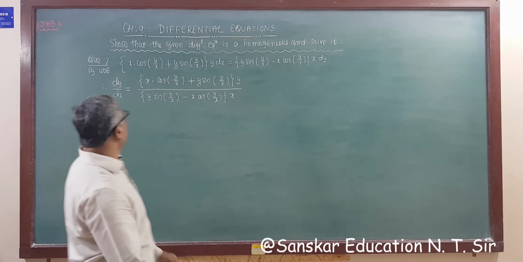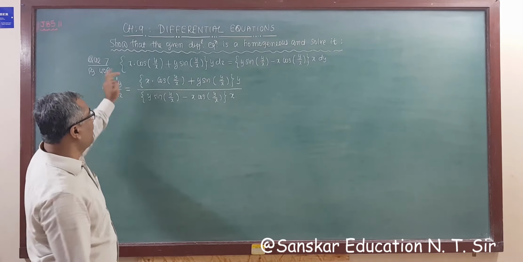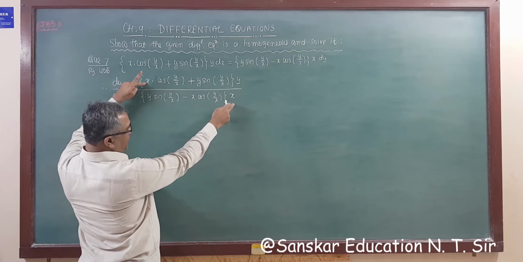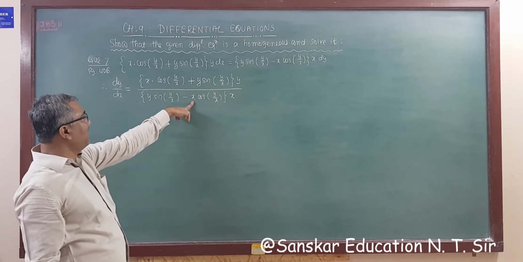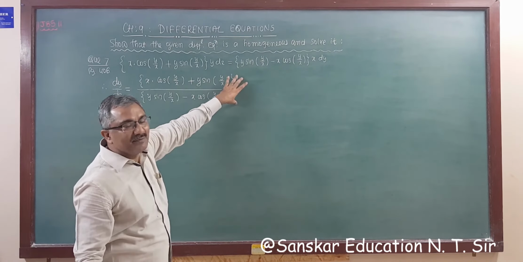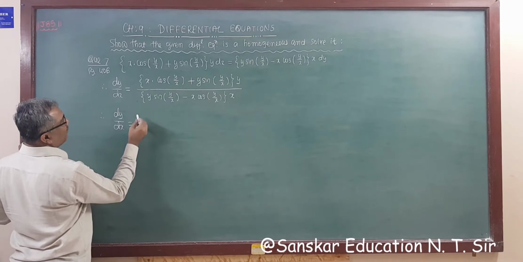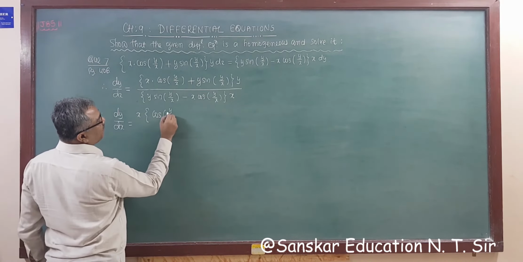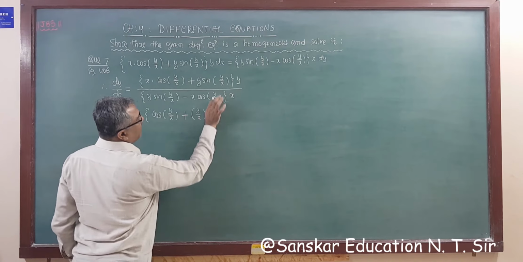Now what will we do? Nothing much. Taking x common from the numerator and y common from the denominator. If we take x common from the numerator, this becomes y by x and this x will be cut. In the denominator, taking y common, from here you can also take x common, so it becomes x square, right? So this x will be cut and this y by x will be v. See, like this: dy by dx is equal to, I am taking x common from here, so this will be cos y by x plus this is y by x into sin, right?